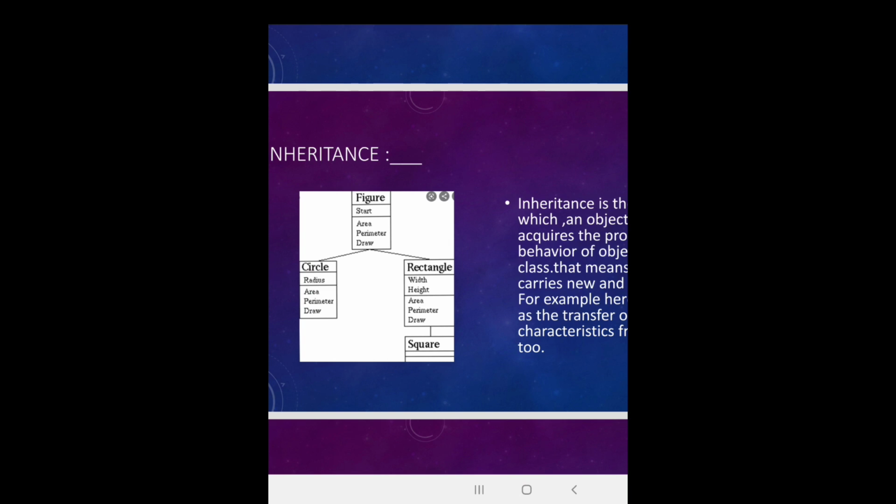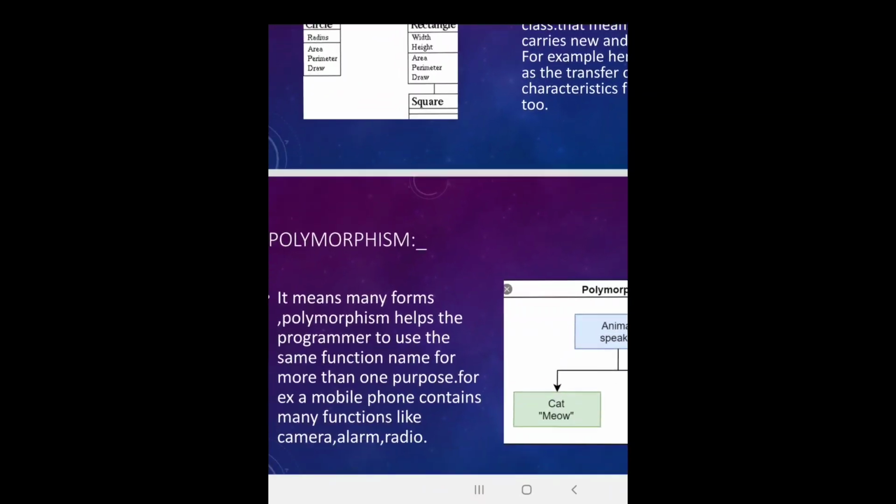But for both the circle and rectangle, the parent is figure and the children are circle and rectangle. Okay, so hope you get it. What is inheritance? It means we inherited some of the qualities. Now the last one,